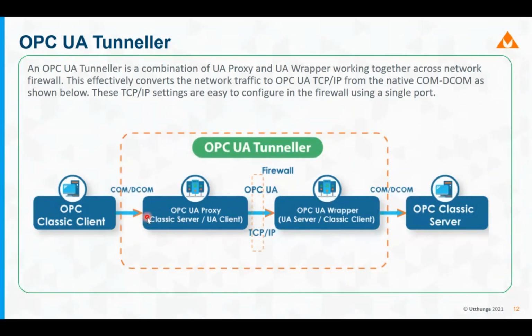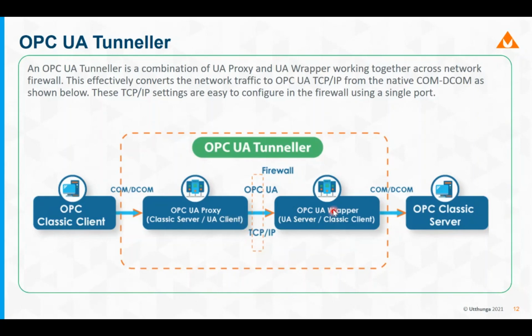But internally, what the proxy would do is take this COM/DCOM communication and convert it to UA client or UA communication. But this is where the trick comes. OPC UA communication requires a single port TCP/IP communication across firewalls. If you just raise a request in a plant to your IT guy saying, hey, I need this port to be open across both the firewalls, because this is the port I'm going to use for OPC UA communication, they would simply approve your request, and they will be super happy to solve that and send the data from proxy